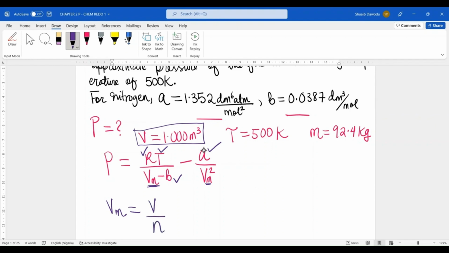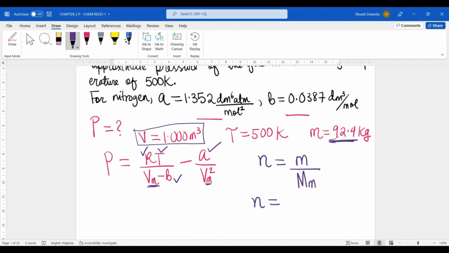So as you can see, we're not given the number of moles, but we're given the mass of the gas. So when you have the mass and you know the identity of the gas, in this case nitrogen, we can determine the number of moles by using the molar mass and the value for the mass. So the number of moles is just simply going to be mass divided by what? Molar mass. So the number of moles here is just going to be the mass, which is 92.4 kilograms, but